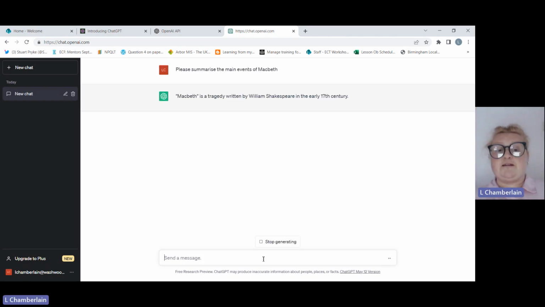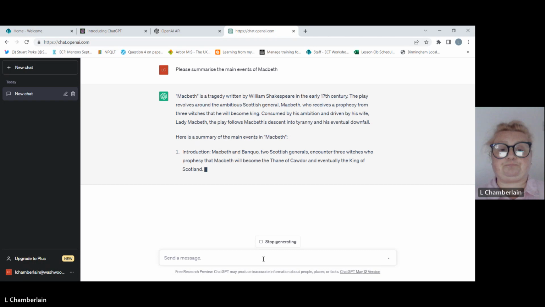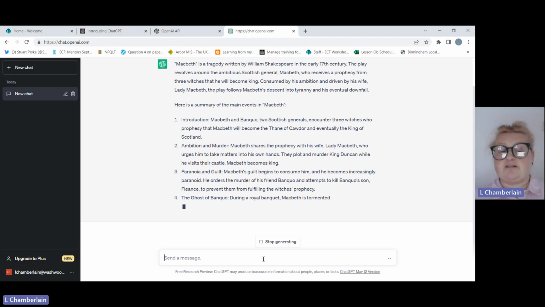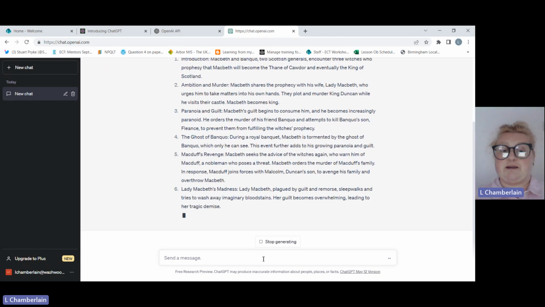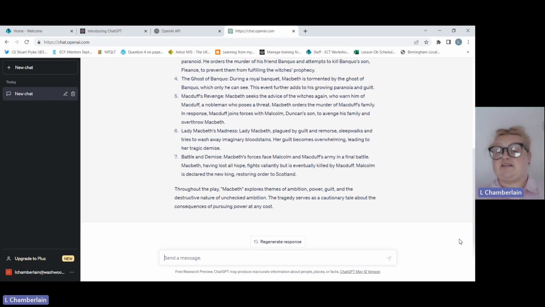Now you can see I've typed that in, and it's giving me a huge amount of information about Macbeth. You can see that I asked it a rather general question, so it's telling me absolutely everything that's happening. You can also see that this isn't really telling me the main events in a sequential order. It's simply telling me a huge amount of information about Macbeth. So if I type in, please provide me a summary of the major events in Macbeth